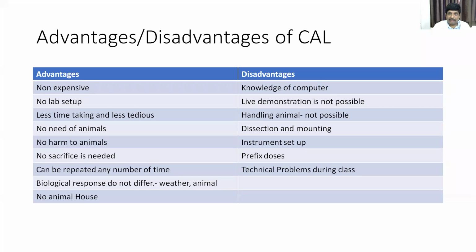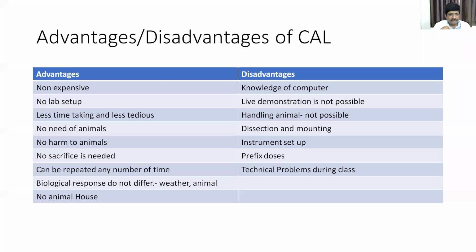And then if the tissue or the animal dies, there is no problem here. You can take another tissue, another animal. Okay, so you just have to choose. You choose the first dog, and then you do the experiment. Let's say you gave some dose of a drug, and then you gave the toxic dose with which the frog died, or the animal died, or any animal, rat, died. You can easily go back and then choose another dog, dog 2, and then take out another experiment. So those things are not there.